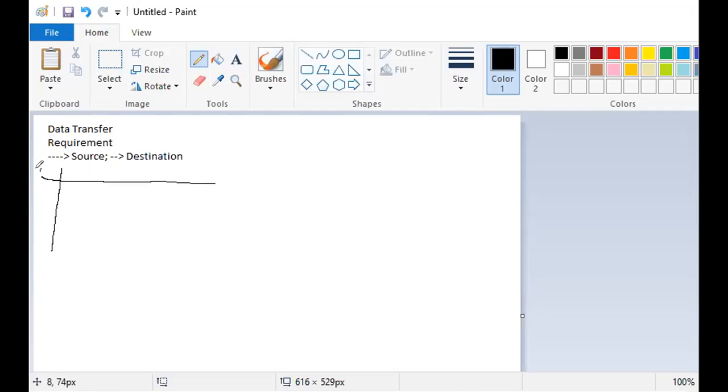Let's say this is the address, and here I will write the operation code, and the mnemonics and operands. Then you can write the assembly code.